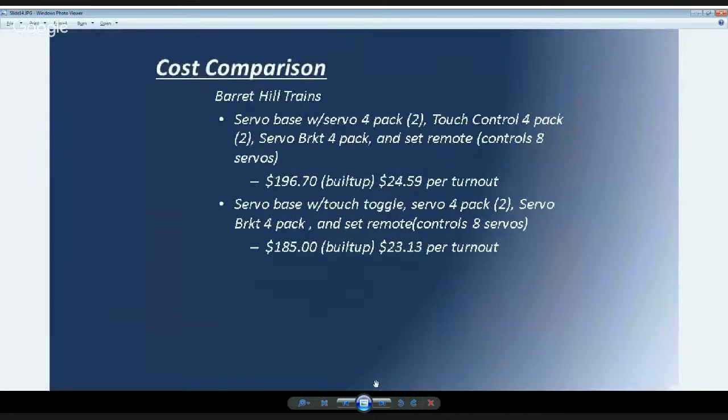And here's just to control everything, to keep everything going here. Barrett Hill, they have a servo base with a servo 4-pack, which you need 2 of them because the servo base controls 8. So you need 2 servo 4-packs, 2 4-packs of touch controls, 4 servo brackets from them, and 1 setup remote, which is used to set up the different servos. The whole thing is $197